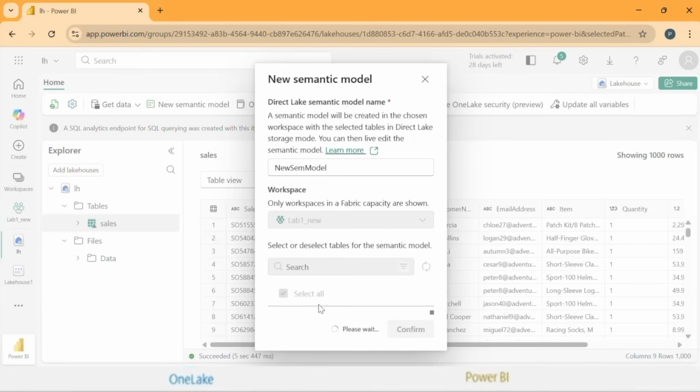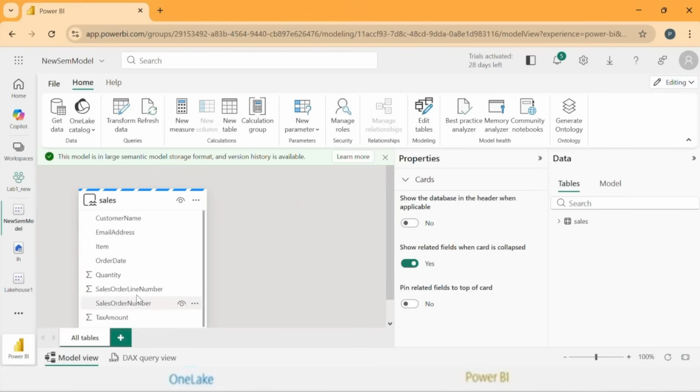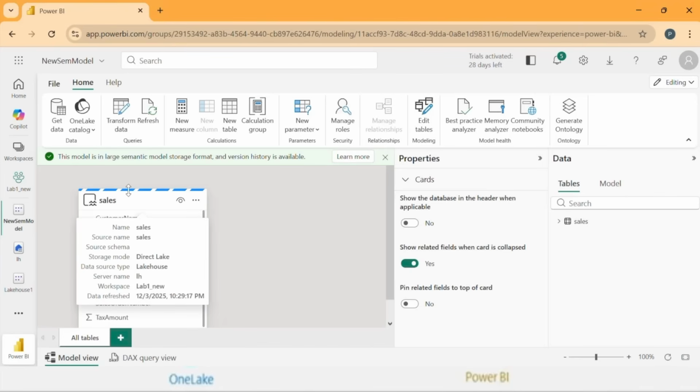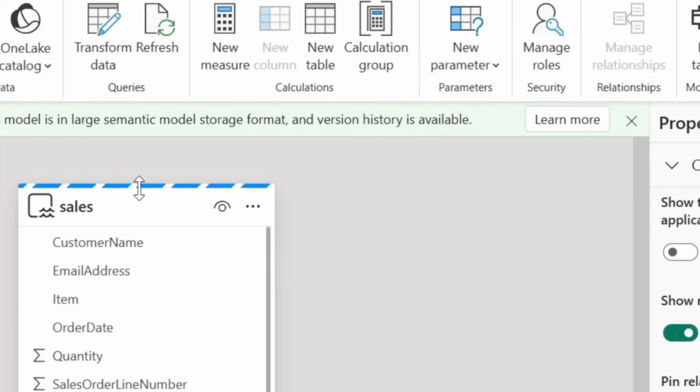We will just wait for a couple of seconds for this new semantic model to be created. Once this semantic model is created, we will see that the mode of connection will actually be the direct lake mode. Now, our semantic model is created. We can hover over here and we can see that the mode of connection is lake.